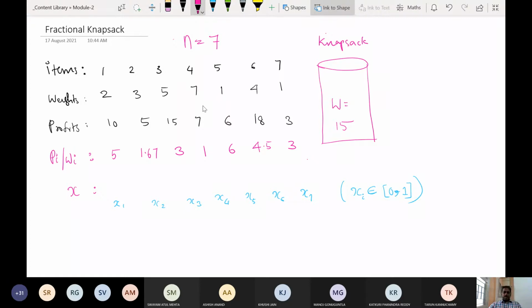The problem will be really relevant when the sum of the weights of all the items is greater than the capacity of the container. If the sum of the weights of all the items is less than the capacity of the container, then there is no question. You can put all the items in the container, go to the market, sell it, and have the profit. But the problem becomes more relevant when the sum of the weights of the items is greater than the capacity of the container. So there is a choice, there is a selection. We have to choose.